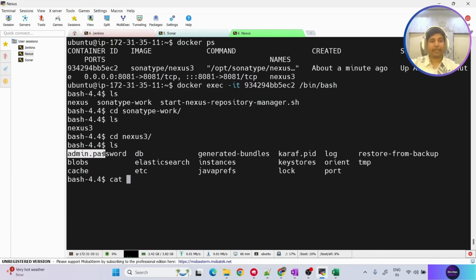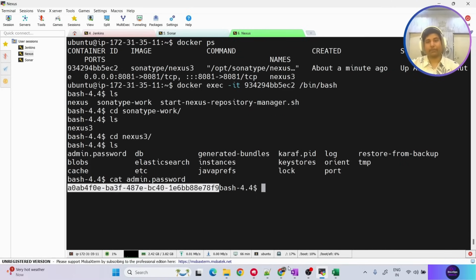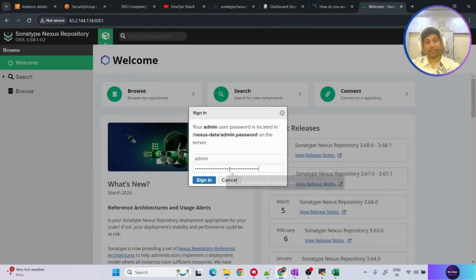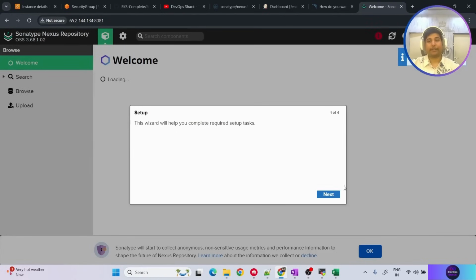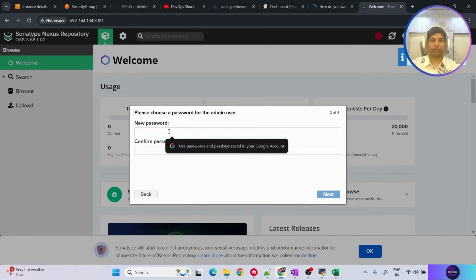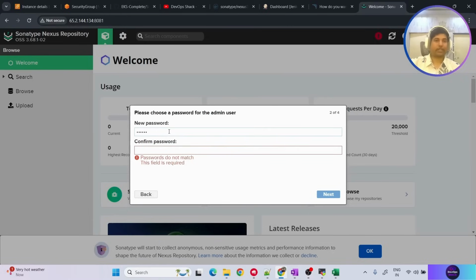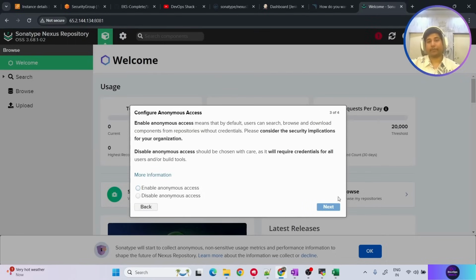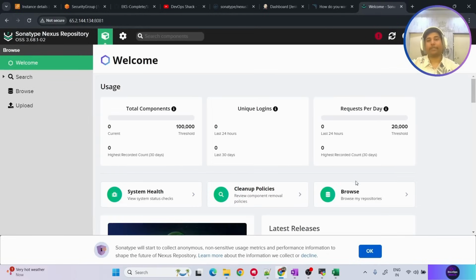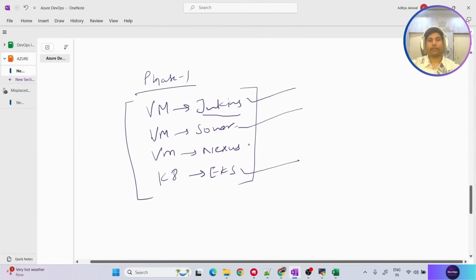cat admin.password, we'll paste it and we can get the password, right? So the password is going to be from here to here. Do not copy bash also. And now we can put it here. Click on sign in. Next step, and now we can put our new password. Okay, I am going to put just Aditya. Now the password is also set up, and I'm going to enable anonymous access as well, so that without a username also you can fetch something. Okay, click on finish. So now we have set up all the three tools, and we have set up the cluster